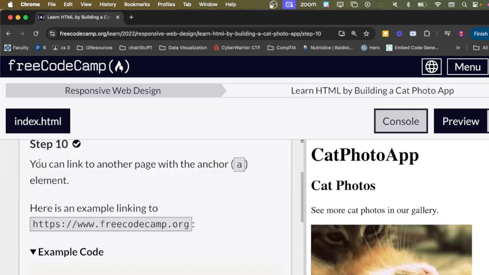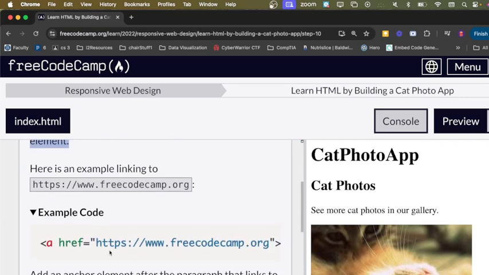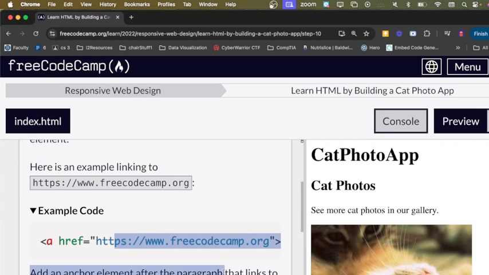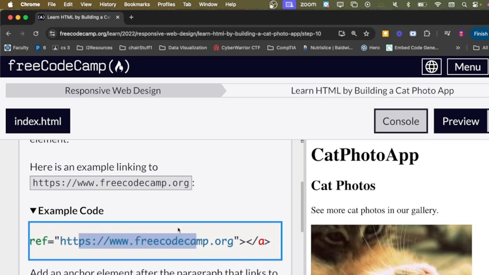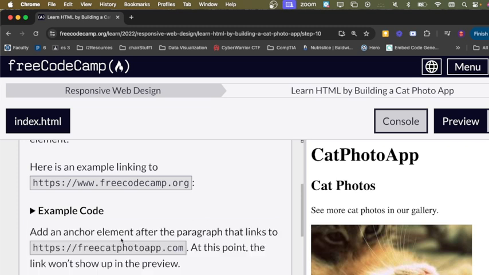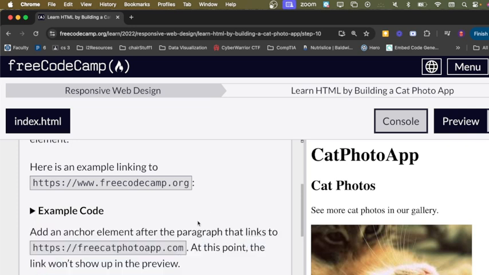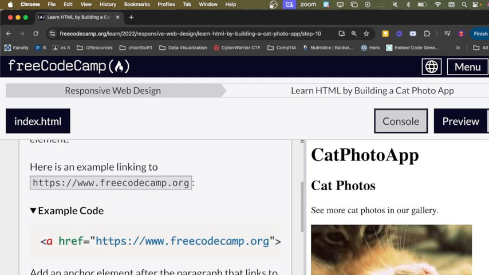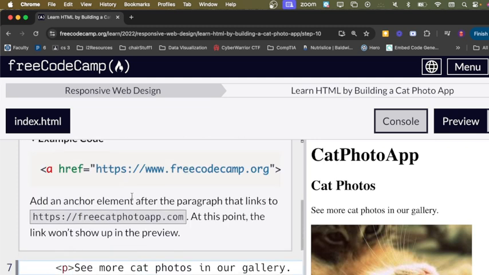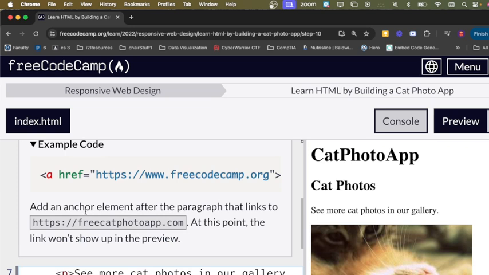Okay, so they're talking about anchor text, anchor elements, and one thing that I should note is sometimes there's a little bit off to the side in this section here, so just make sure that when you're looking at the example code, you look at all of it, because it gets cut off, especially when you're zoomed in like I am. So we're going to add an anchor element after the paragraph that links to